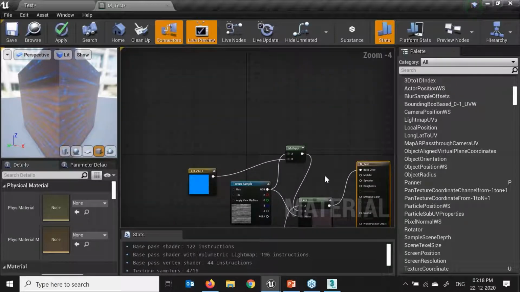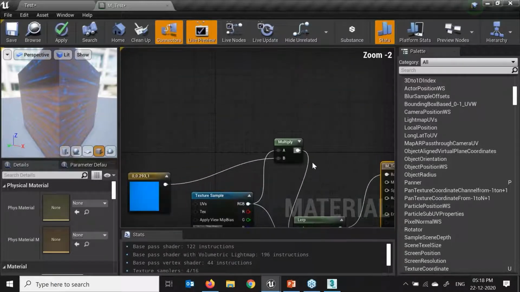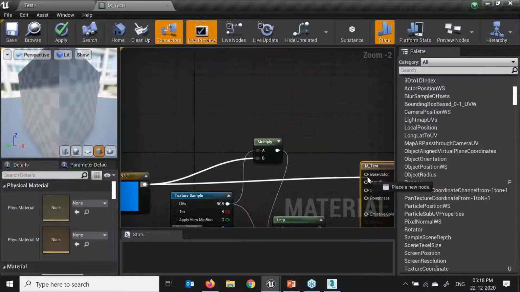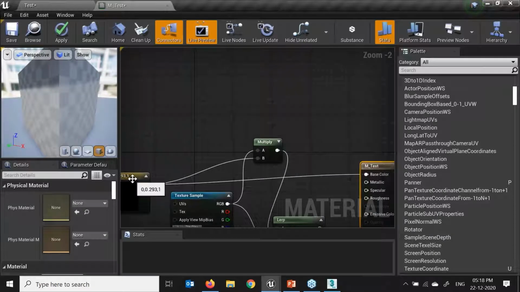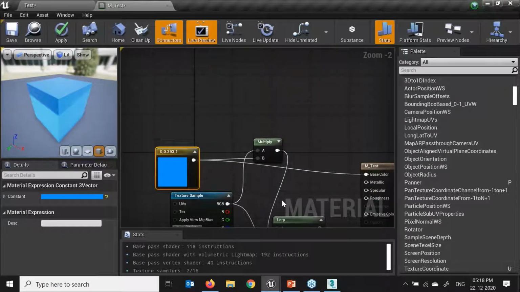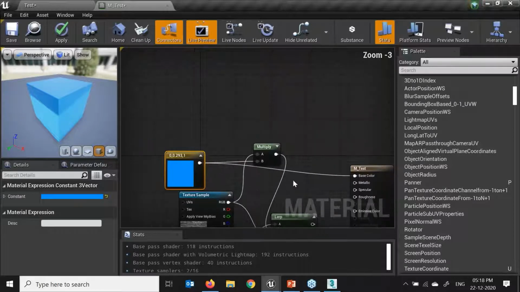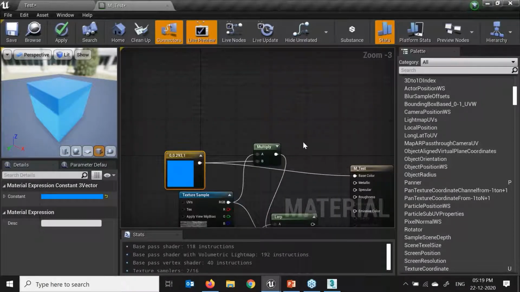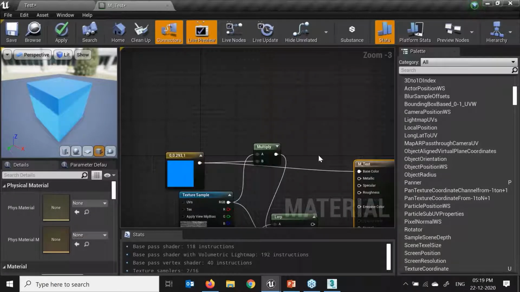Now if I want to use two different materials together, or apply this same to my base color over here, I'll just directly create that. If I want to use any textures, I have to do different calculations in this material editor.